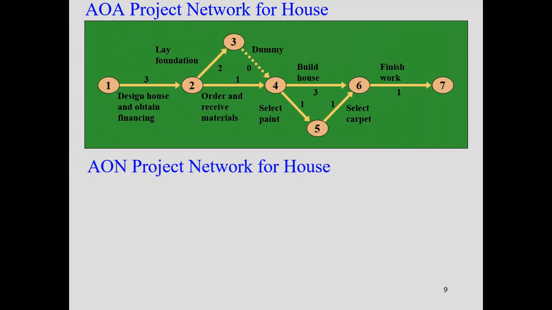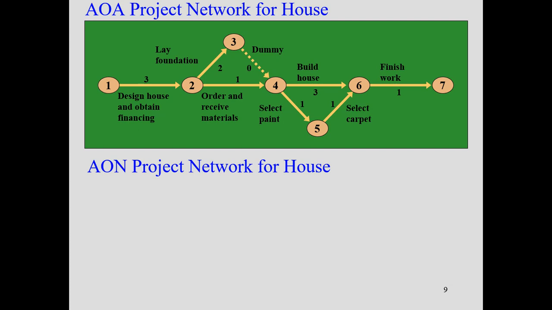And the project network is a network that shows the different activities and the precedence. So this network will help us to identify the duration of the project, the critical activities, non-critical activities, the timing, the dummy activities, etc.